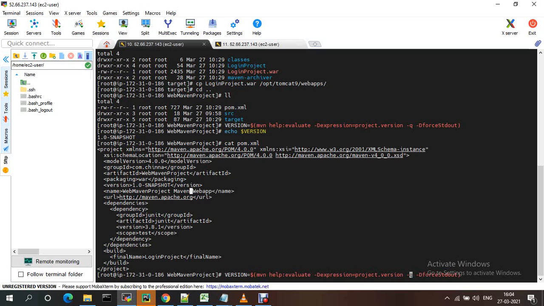Same, if you want to get the packaging or a group id, anything, right? You just need to grab the group id.